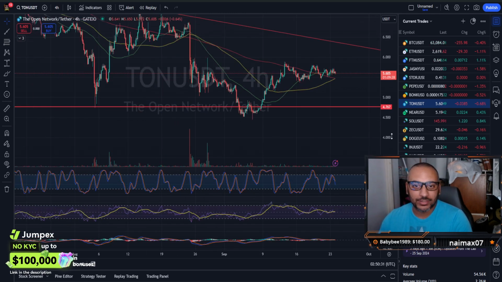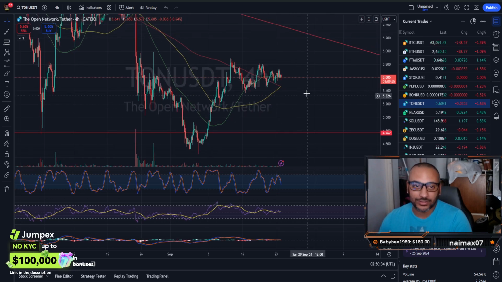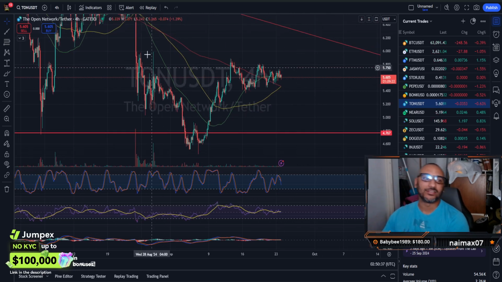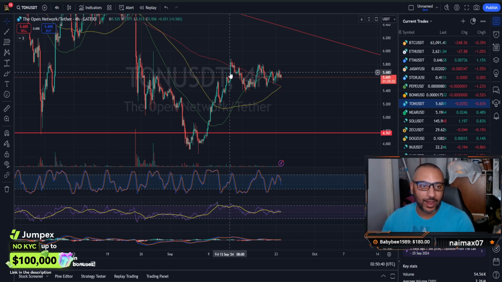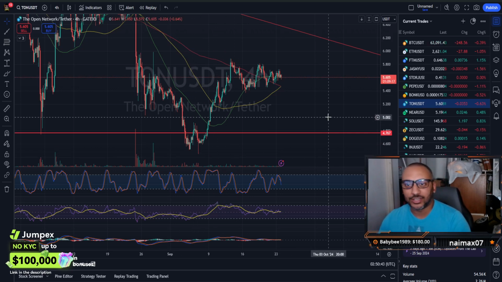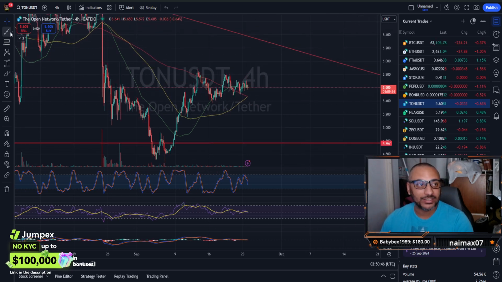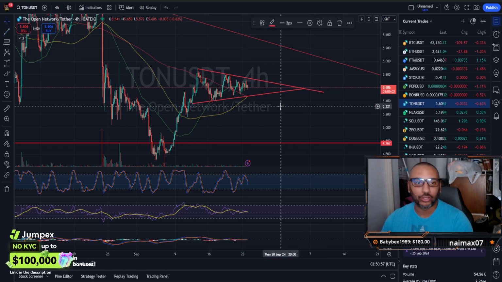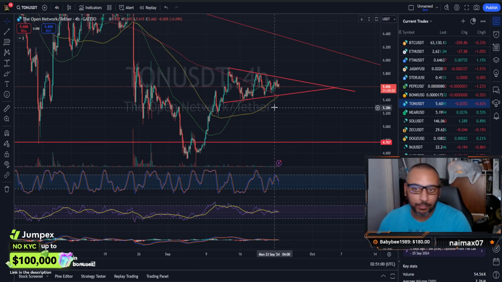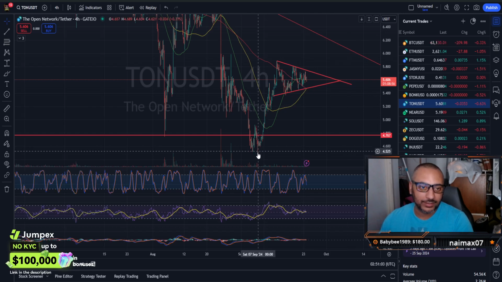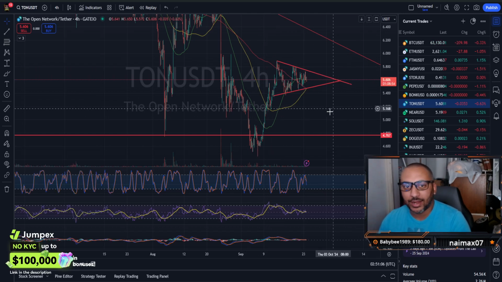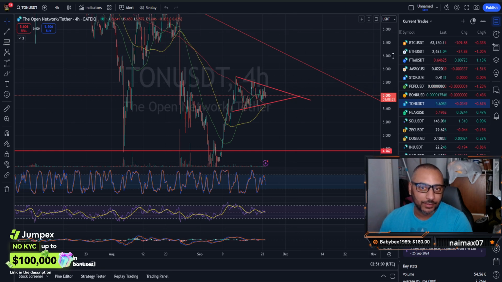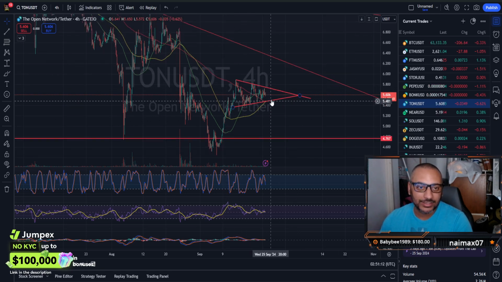Coming down to your 4-hour time frame, this actually is why we're making the videos, because I saw this on the 4-hour before anything else. You had a fall and then you had a rise. This nice little rise to sideways consolidation indicates you are more likely to see a continuation to the upside rather than a harsh dump. Noted, this is all dependent on Bitcoin. As long as Bitcoin doesn't dump hard, we are good. But you can see this as a bull pennant. We basically just came up. Now we have a nice symmetrical triangle, but you still expect more times than not for the continuation to the upside.